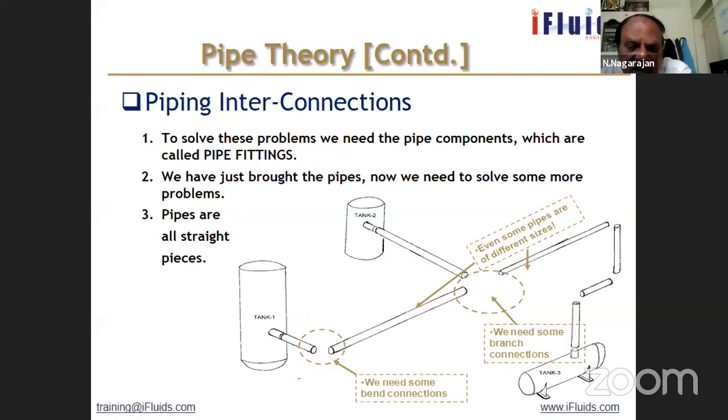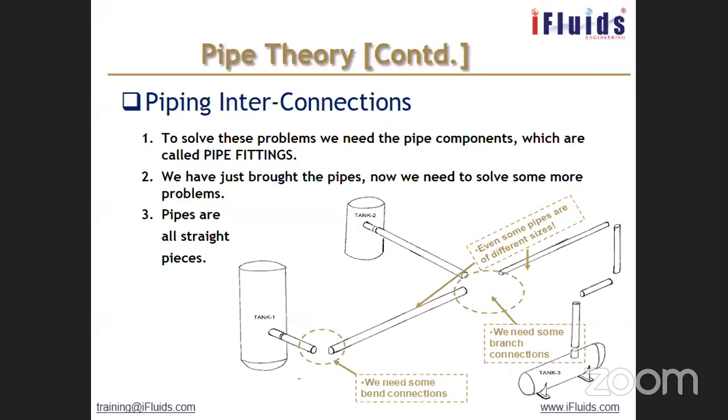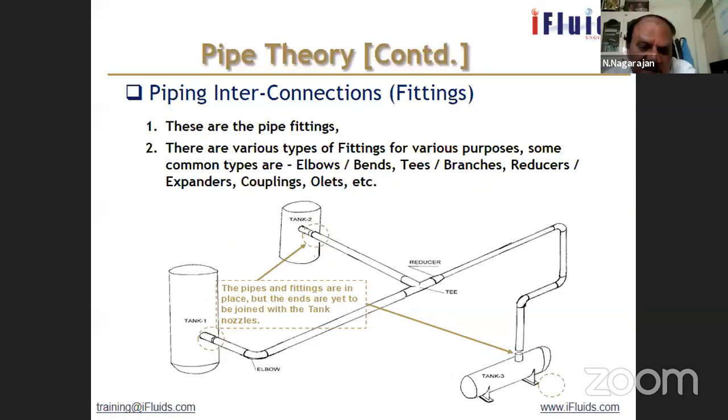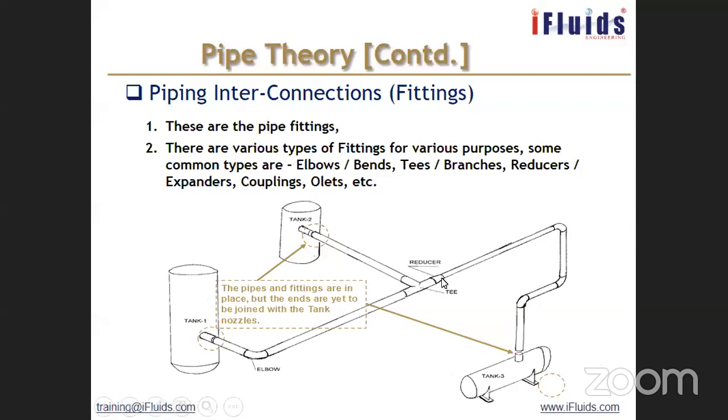Similarly, if 3 pipes are being joined, you need a T-joint. If 2 pieces are joining straight, you will use a union or a coupling. In piping terms, we can call it a coupling also. But if they are at a certain angle, you need a bend. It is called a bend or elbow. So the fittings are very essential to make the piping complete. So now you can see, like I told you, this is an elbow. You have a T-joint because 3 pipes are getting joined. You can see a reducer here because this pipe is smaller than the other 2 pipes. So we need to put a reducer.